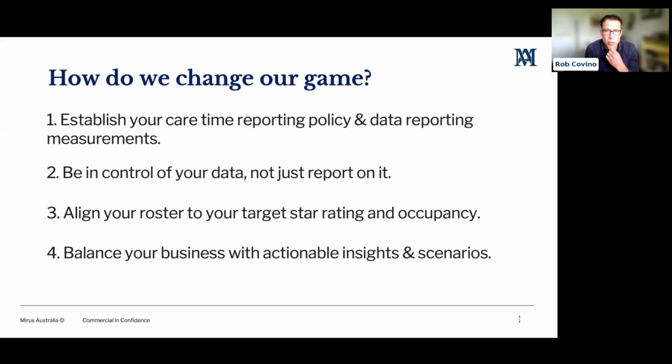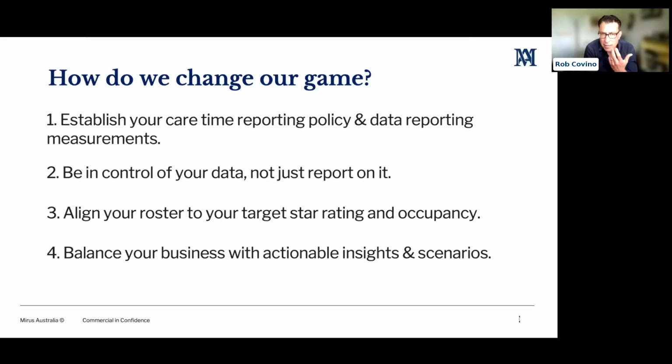We're signing off on rosters fortnights in advance, and we need to understand where each of the facilities' position would be in that forward-looking scenario. So we need to use those insights that are available to us on our AN-ACC consumers that aren't specifically in Medicare yet, because they may not have been acted on